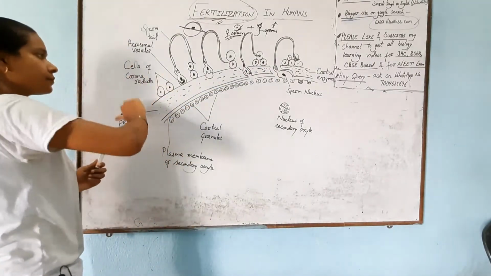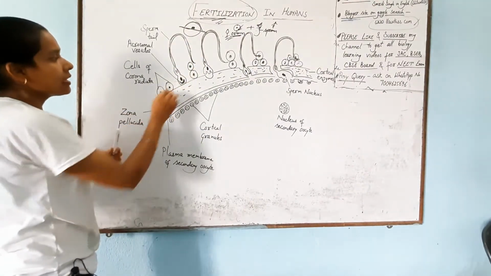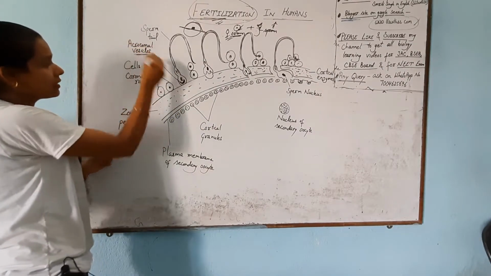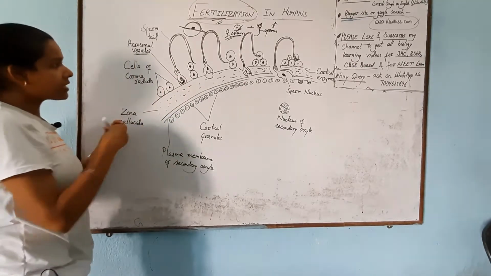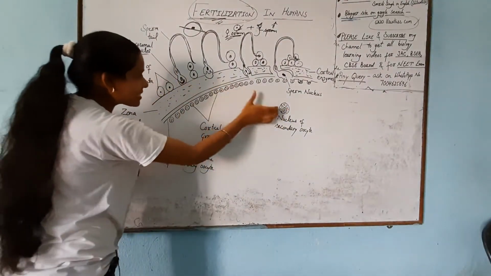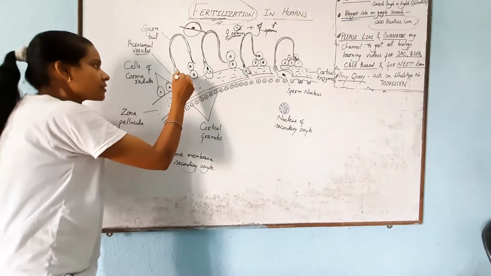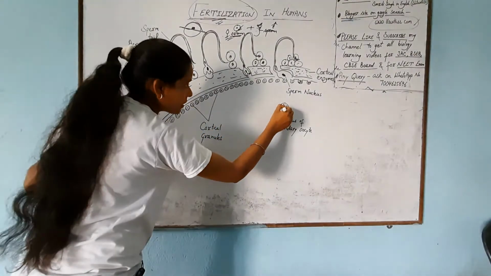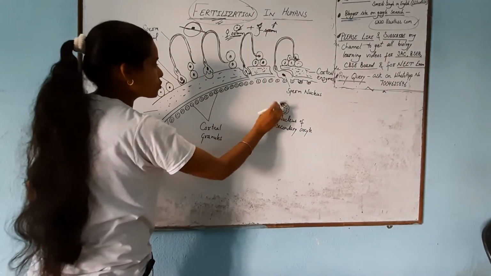We know the structure of the sperm. This is the simpler structure of the sperm. This is the nucleus and this is the acrosomal vesicle. In the fertilization process, this nucleus and the ovum nucleus need to be fertilized with each other, because the sperm nucleus carries the characters of the male body and the ovum nucleus carries the female characters. So both need to fuse to form the zygote.